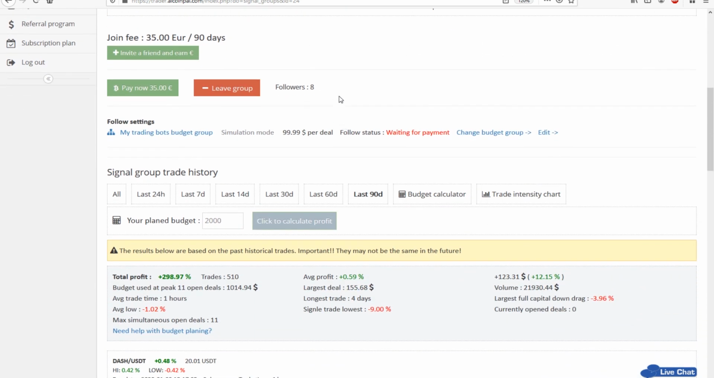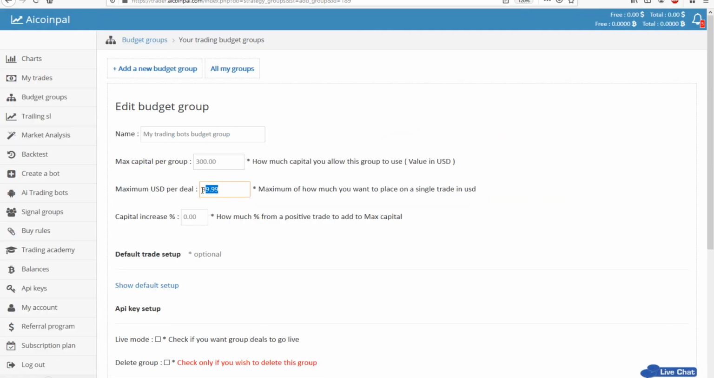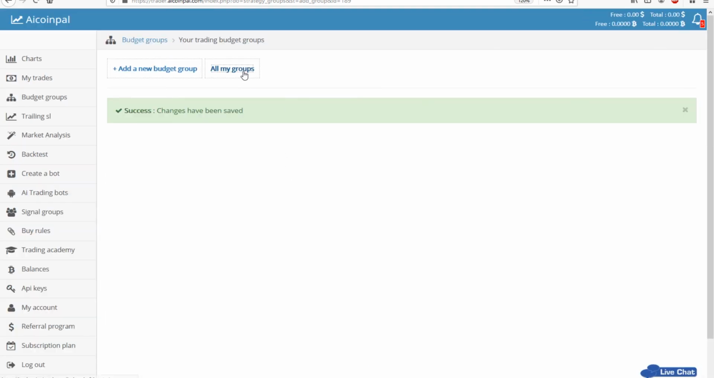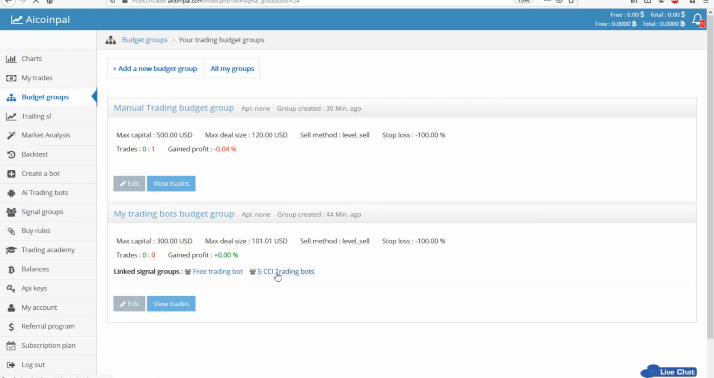So overall, our recommendation is don't use less than $100 for a trade, but right here it automatically is showing you how much each trade will have. To do so, you can go just to edit. Don't use less than $100. Let's say we already have $100, but let's say we'll use $101. Let's go back to the bot